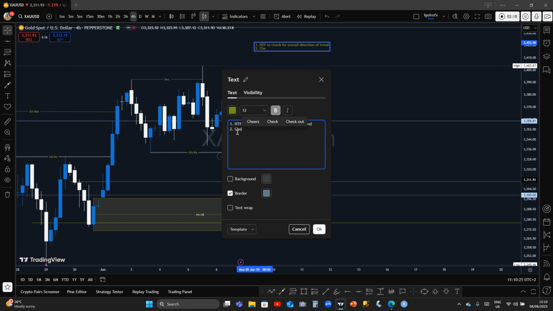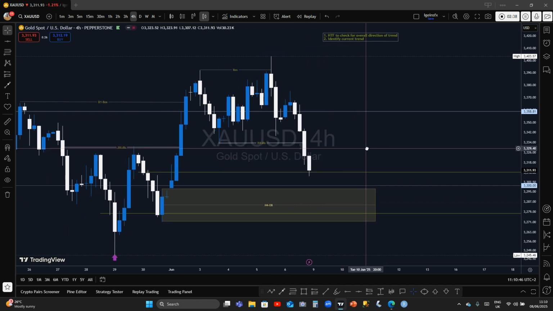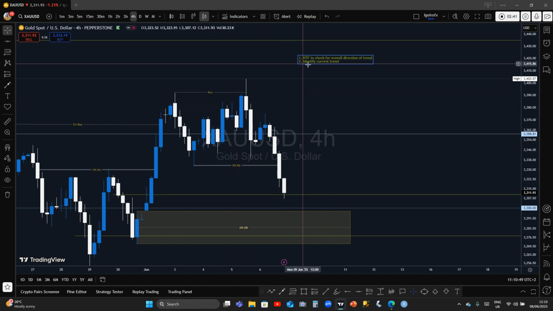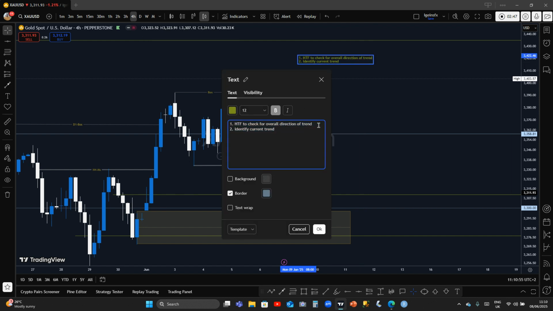You identify the current trend. It's very important. This thing I'm mentioning is key to technical analysis. After you have identified the higher time frame direction, which is bullish, we say okay, it is bullish. Then we need to identify the current trend